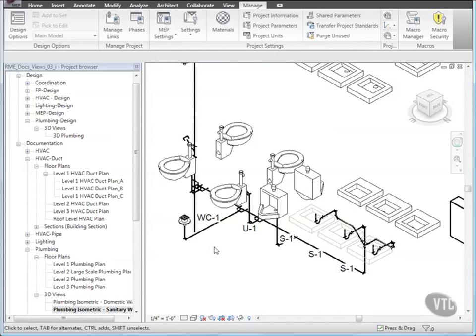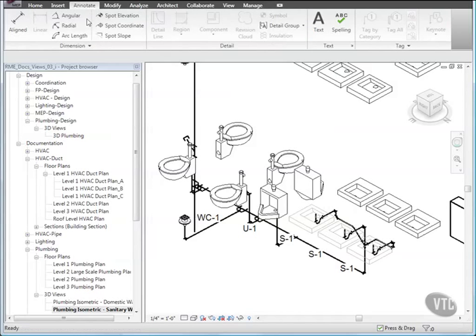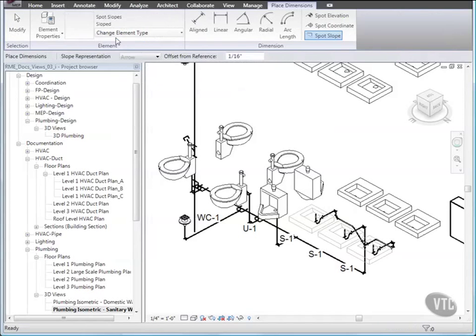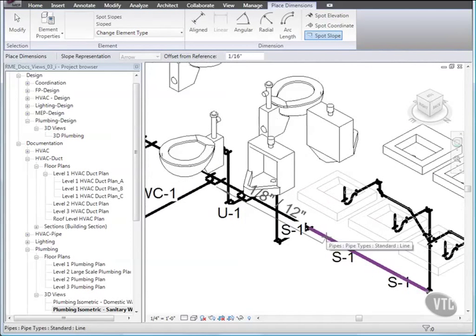Then click the Annotate tab, and from the Dimension panel, click Spot Slope. Then click the horizontal pipe below the sinks. Then move the cursor above the pipe and click to place the spot slope annotation as shown. Then press Escape twice